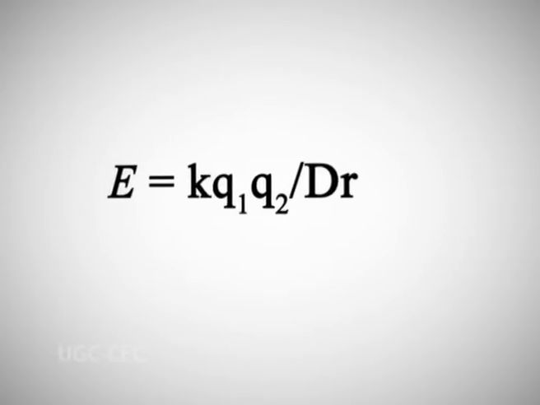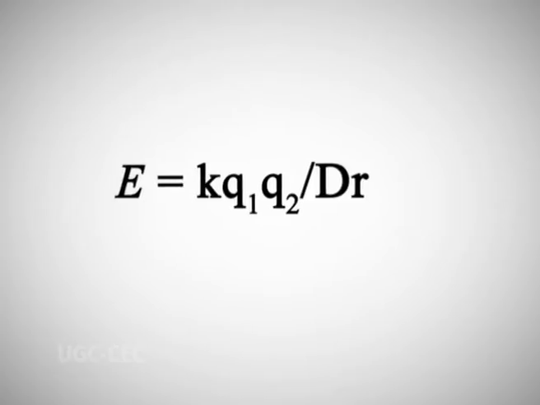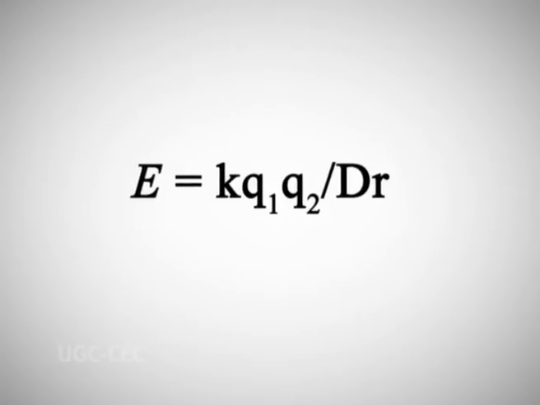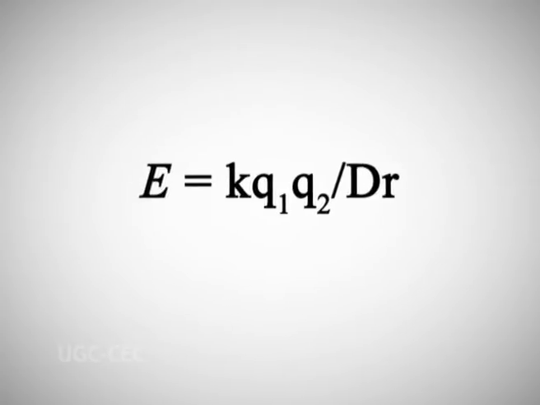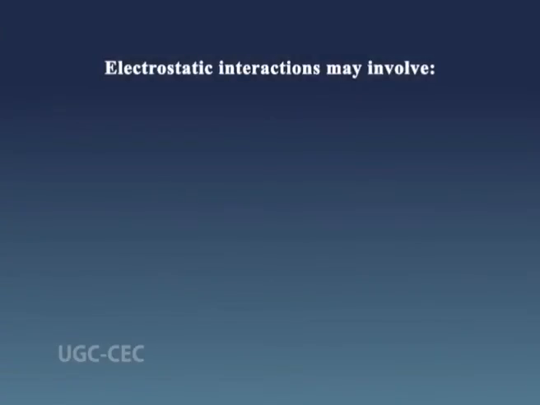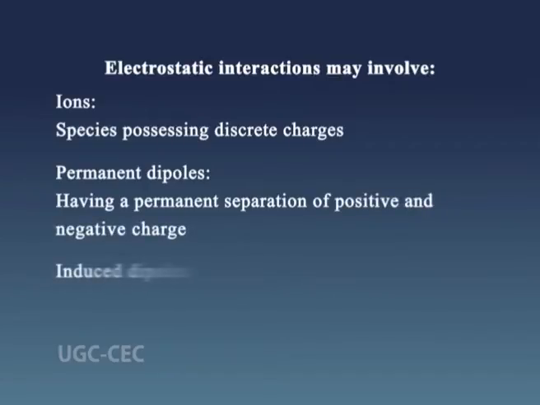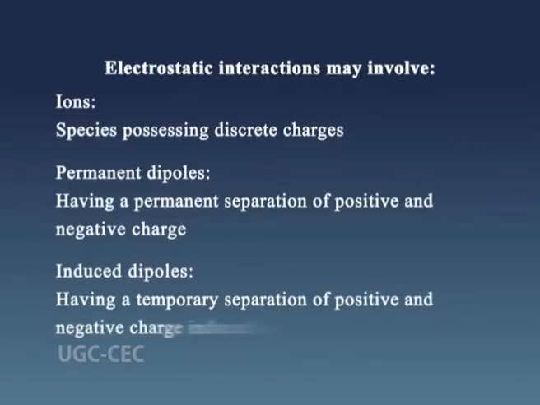The strength of an electrostatic interaction is given by Coulomb's law. Here, E is the energy, Q1 and Q2 are the charges of the two atoms, R is the distance between the two atoms, D is the dielectric constant of the medium, and K is the proportionality constant. Electrostatic interactions may involve ions, that is, species possessing discrete charges, permanent dipoles, that is, having a permanent separation of positive and negative charges, or induced dipoles, that is, having a temporary separation of positive and negative charge induced